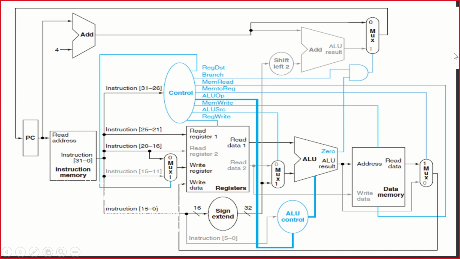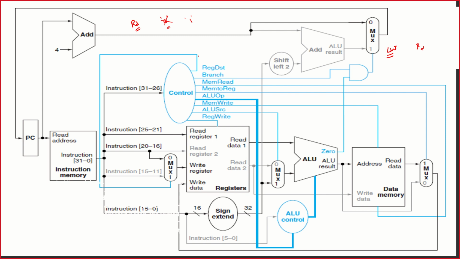Right, so this is the comprehensive data path. Now what are all the things that will be needed for load word? Do we have a destination register? Yes, load word loads the contents into RD. RD is very important, and load word loads it into RD. So assertion is required at the first level. You need to assert, and 0 would not get it done, so I need RD to be 1. This is the first thing that you need to remember.